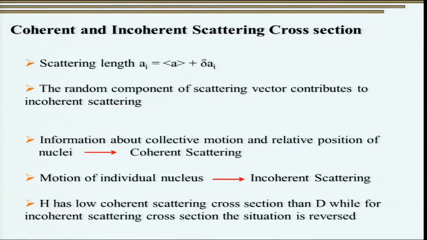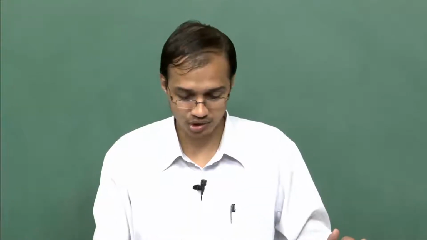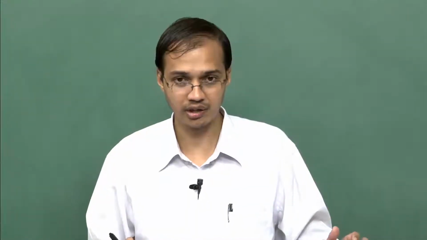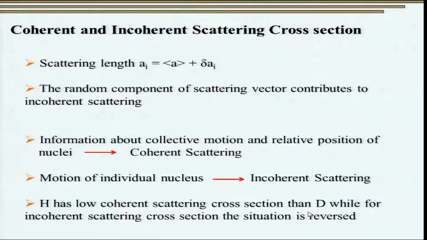However, it has a very high incoherent scattering cross section. Therefore, if you want to study diffraction experiments, mostly hydrogen is replaced with deuterium, which has a very high elastic, or rather coherent, scattering cross section, but has very poor